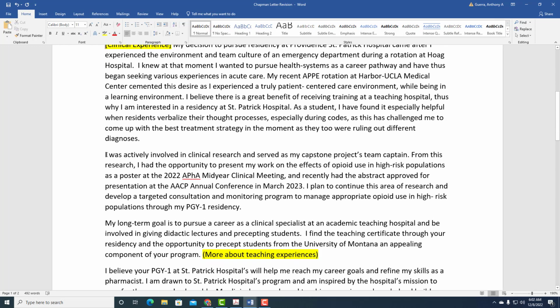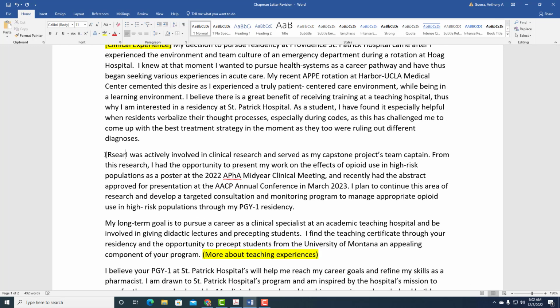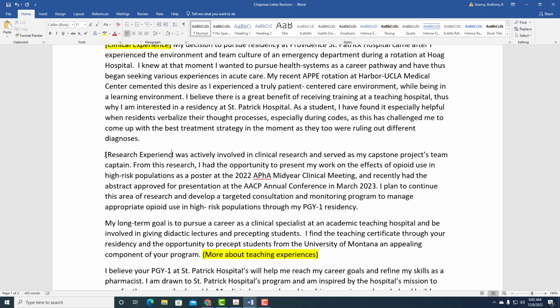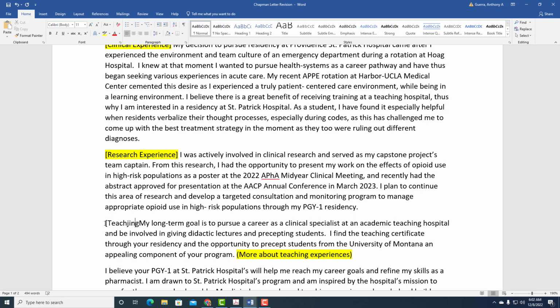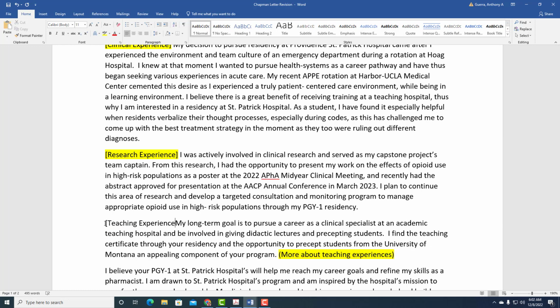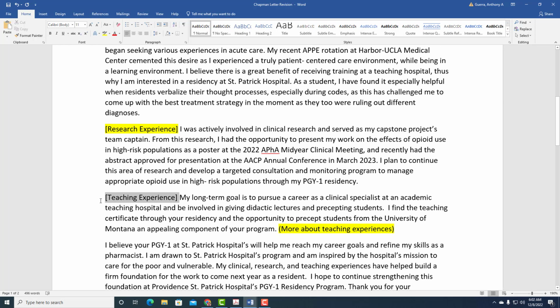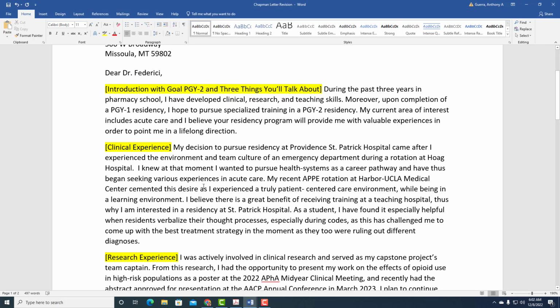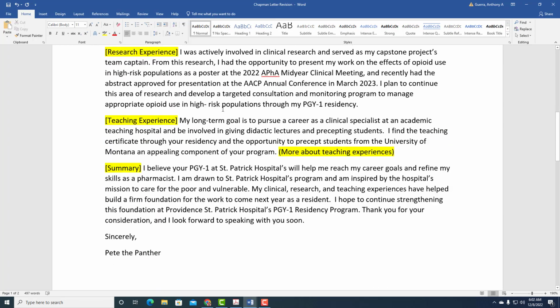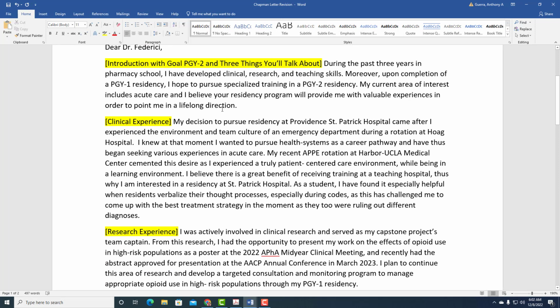Clinical experience, great. Then here we're going to put research experience. Great. And then in the 4th paragraph, it's going to be teaching experience. Okay. And then in the 5th one, it's going to be summary. So what you've really done is you want to make it so that it's really easy for someone to say what you said. And let me explain that. So if I want to summarize this and I say, okay, I read Pete the Panther's letter of intent, and